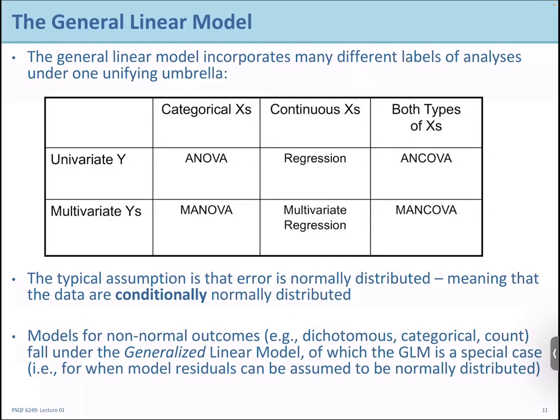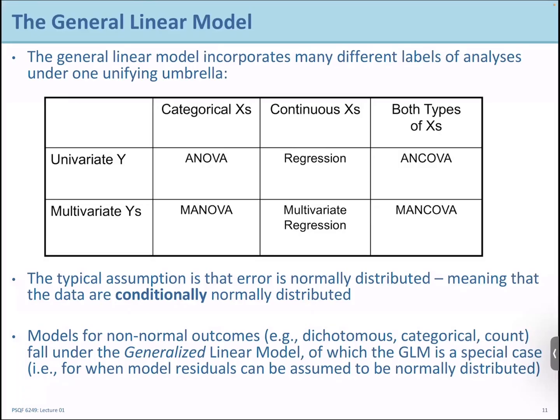All right, so the typical assumption in each of these analyses is that your error, in this case your residual variance for predicting either one Y or multiple errors for multiple Ys, follows a normal distribution. How far you are off from your prediction, tally that up across all the sample, it should be normally distributed. What that really means is that the data themselves are not necessarily normally distributed. It means they're conditionally normally distributed, meaning once you condition on the values of the predictors, there's a normal distribution around that predicted